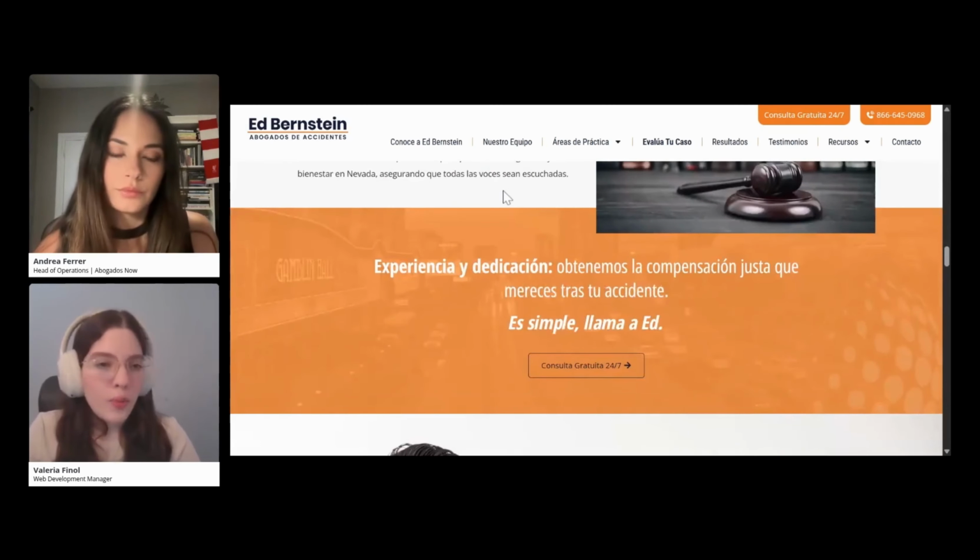You have a lot of information. So going back to the landing page, it's going to be just one page because the intention is to get one action. That action is to get the user to contact you. So if you have a lot of information there, the user gets distracted.